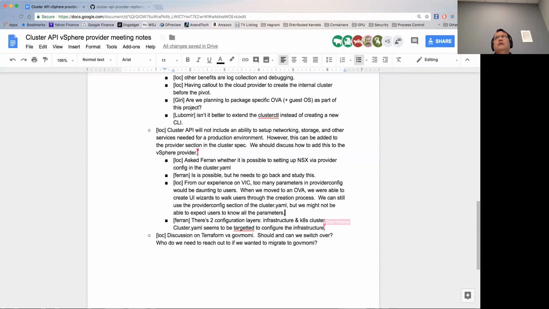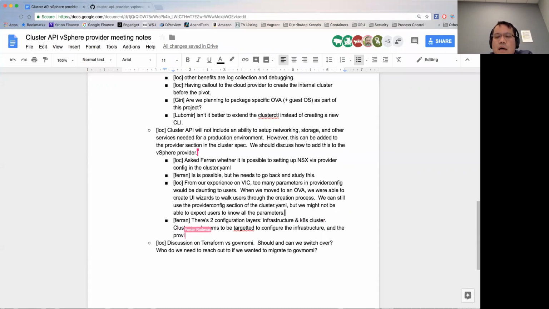And Terraform is another product that underneath actually uses govmomi. So the question I have is, should we switch over to govmomi? And the second question is, can we switch over to govmomi? Because